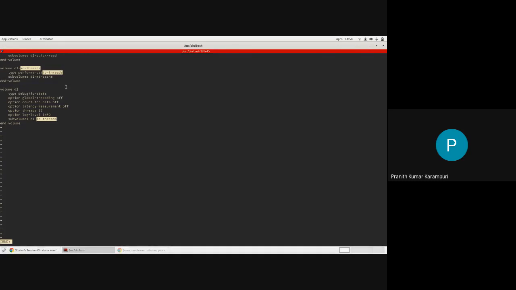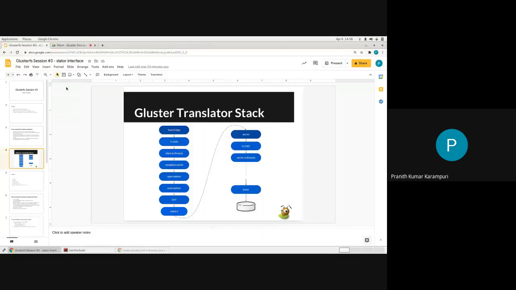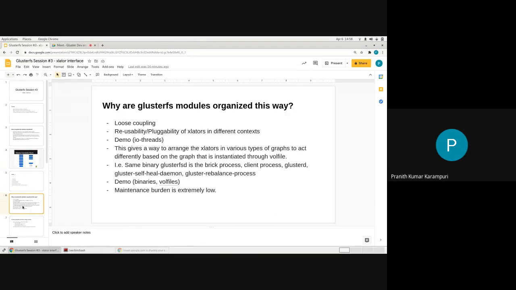You can implement the translator functionality once, which is position agnostic, and place it in different processes to improve performance. That way the translator model and architecture has been extremely helpful in reducing the amount of development we have to do.